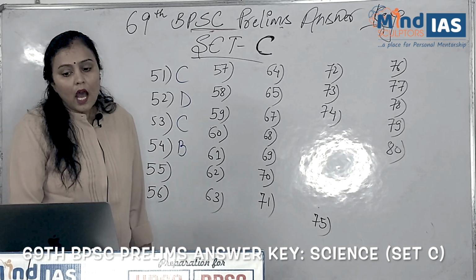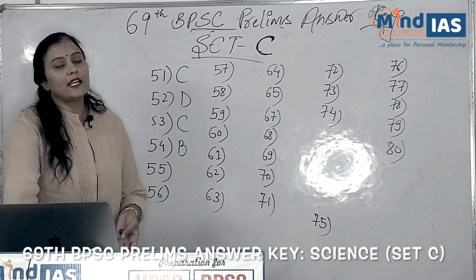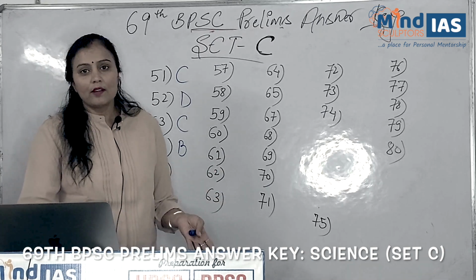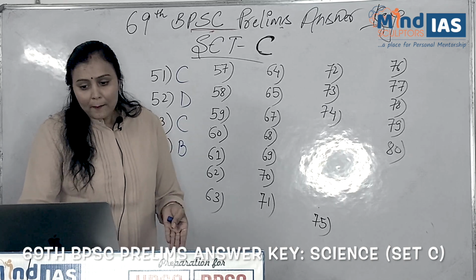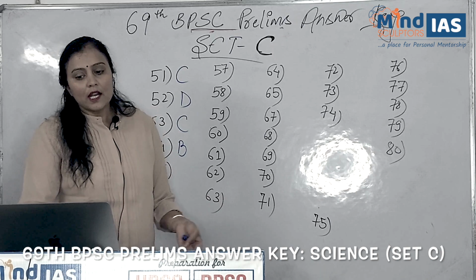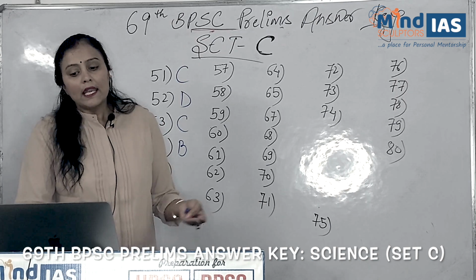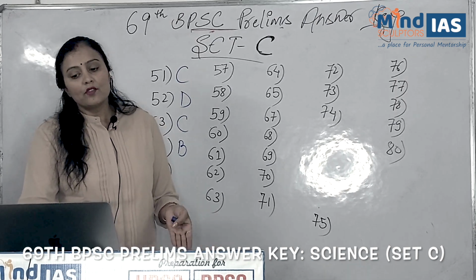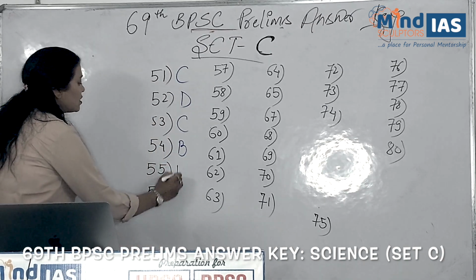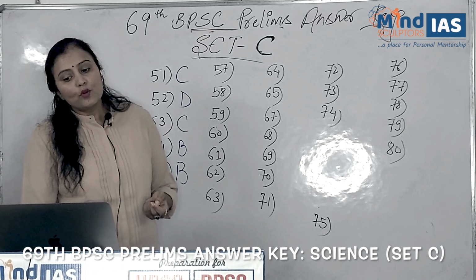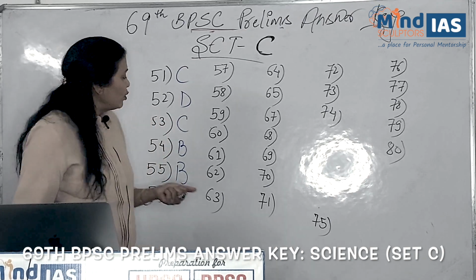The next question is, how do COVID vaccines stimulate an immune response? This is a question related to science and it is very much related to your general awareness also, because in the recent past we have seen this pandemic. The options are by introducing a harmless piece of SARS-CoV-2 virus, by introducing antibodies against SARS-CoV-2 virus, by introducing live attenuated SARS-CoV-2 virus, and by introducing a real SARS-CoV-2 virus. So the right option for this question is option B, that is by introducing antibodies against SARS-CoV-2 virus.